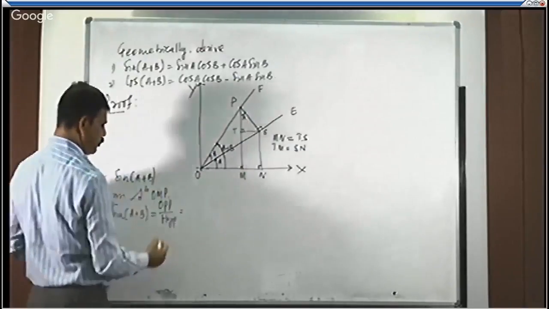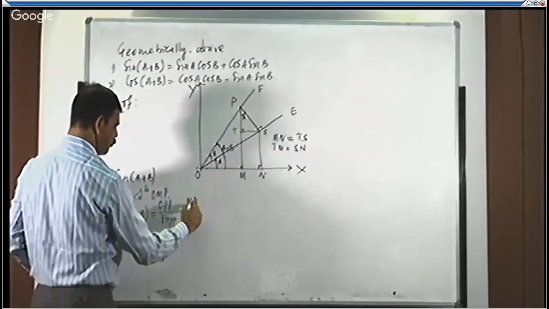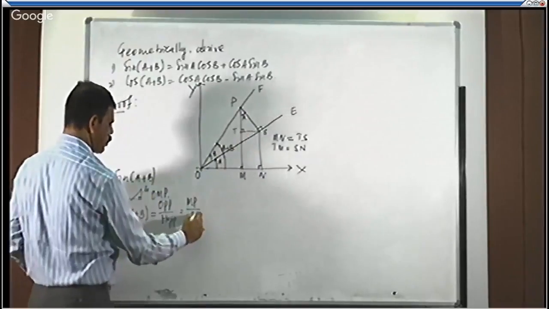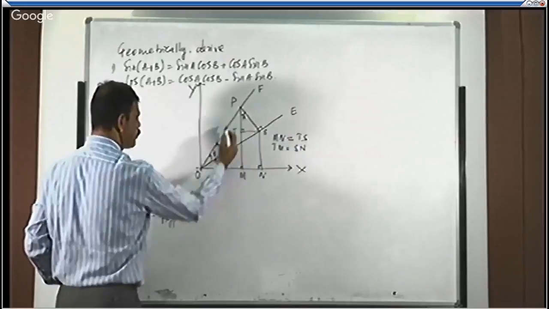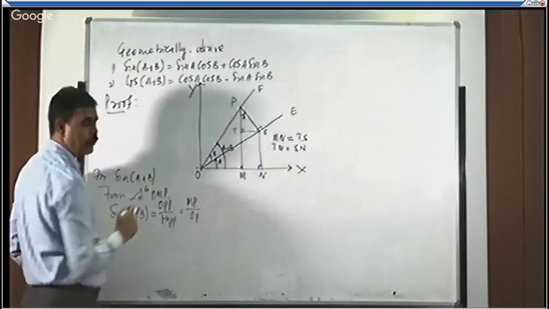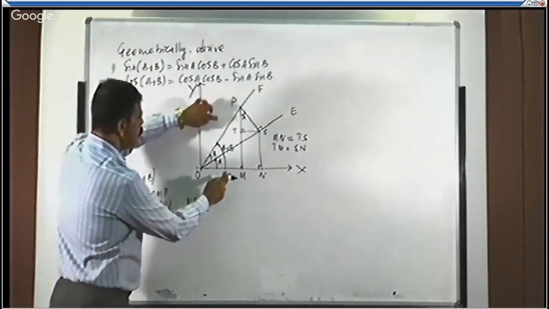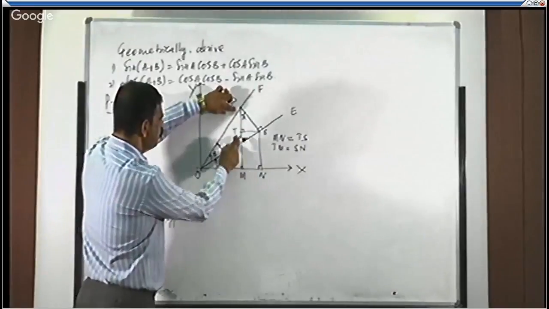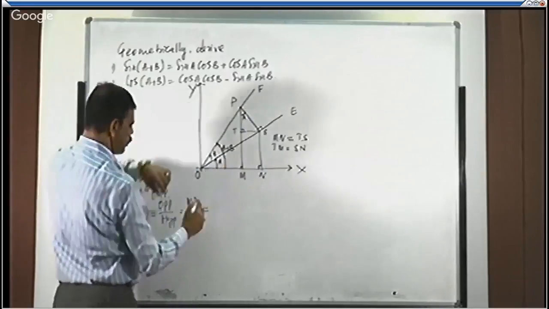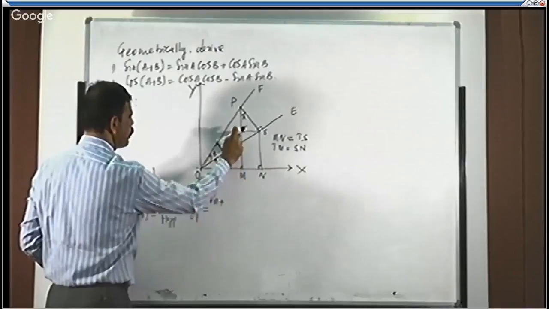OMP, what is the opposite side? Opposite side is MP, divided by hypotenuse side OP. In the right angle triangle, this opposite side is MP, hypotenuse side is OP. So this MP can be split as MT plus PT, right? TM plus TP